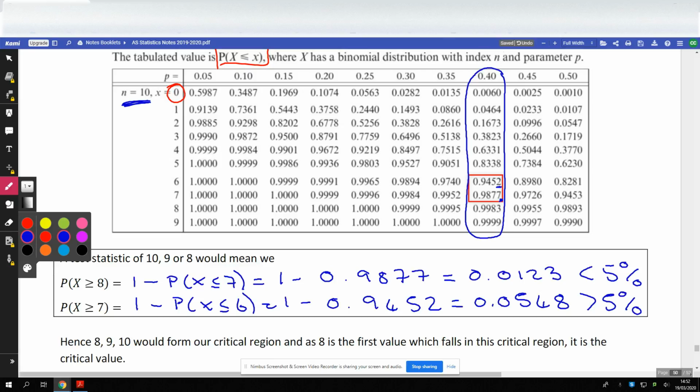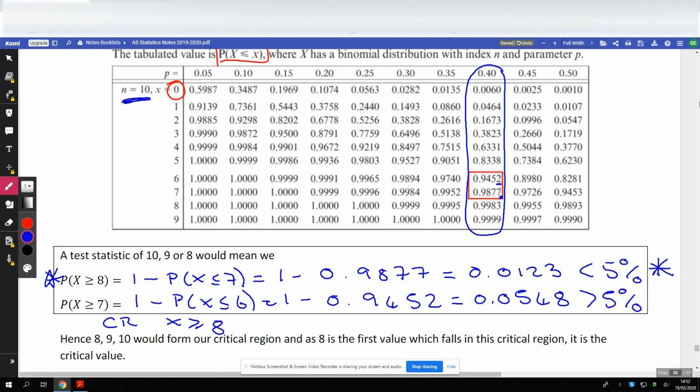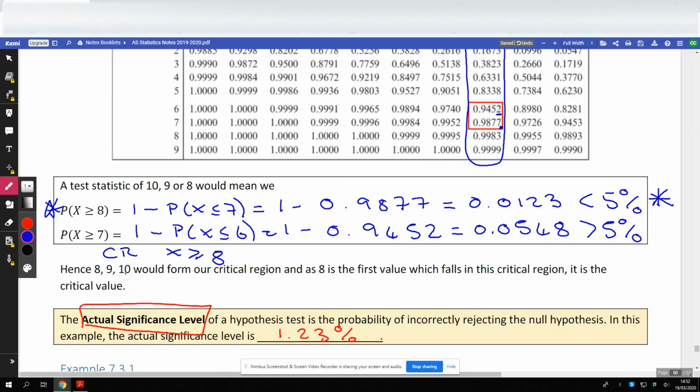Generally, we are working less than the significance level that is given in the question. So in that case, that would suggest that this is our critical region. We would write our critical region then to be greater than or equal to 8. So the critical region here is x is greater than or equal to 8. And because it's discrete and our top value is 10, that means 8, 9, 10 would cause us to reject